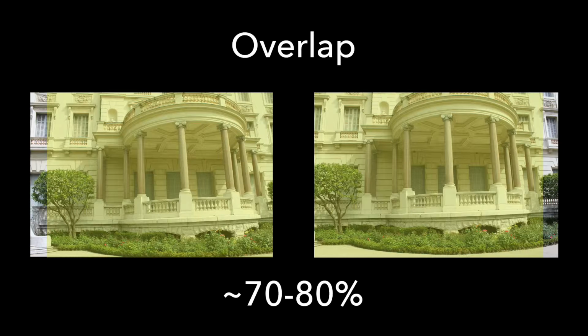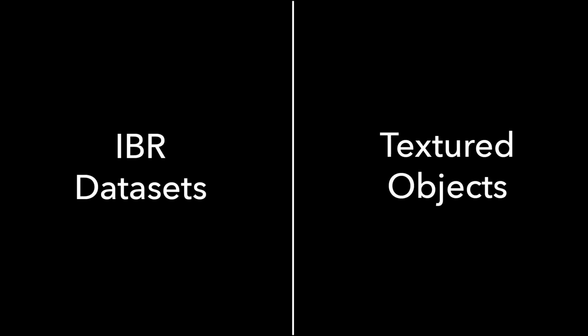The reason for this is that the reconstruction algorithm needs at least 4 to 5 images of any point in the scene to reliably create a 3D representation. For example, if we want to have the top of this column in our 3D representation, we need at least 4 to 5 images in our dataset that have seen this exact point. So let's have a look at the two scenarios that are important for CRPlay and what you can do to